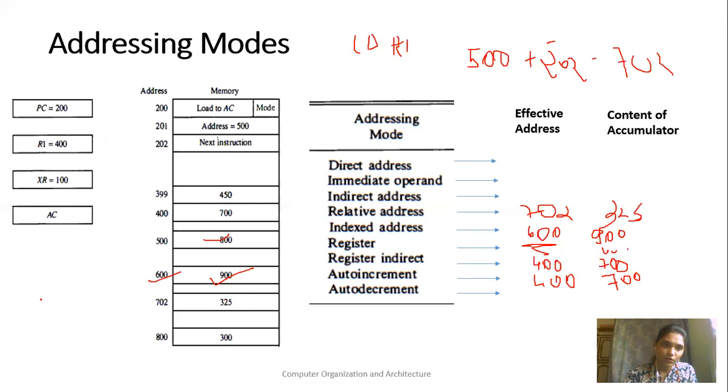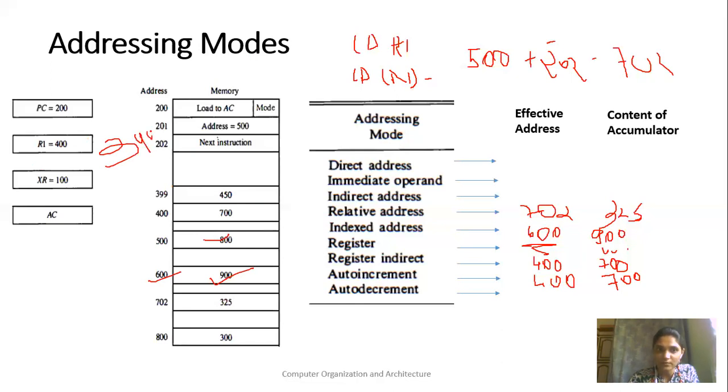Okay. And next, if we consider it as an auto decrement, so for auto decrement, first your content of that register is decremented, and then the data from that decremented location is going to be stored. Okay. So here, if your instruction is like LD -(R1), then first the content of this R1 is going to be decremented. What is the content of R1? That is 400. That is going to be decremented by 1.